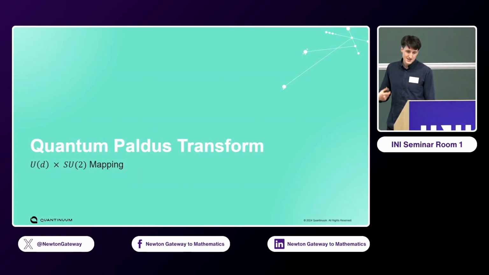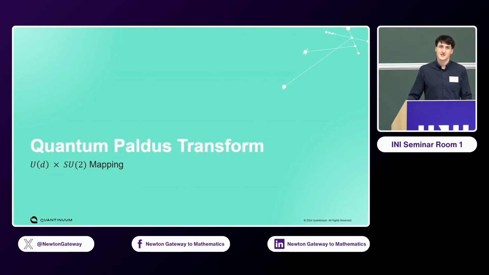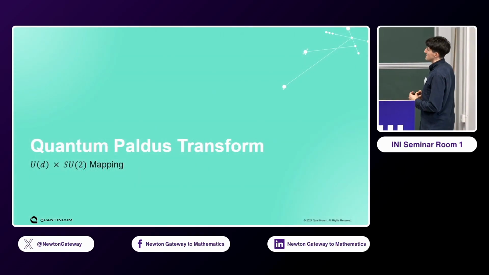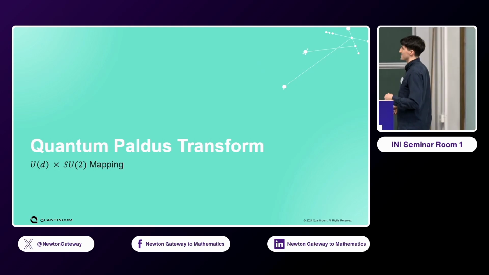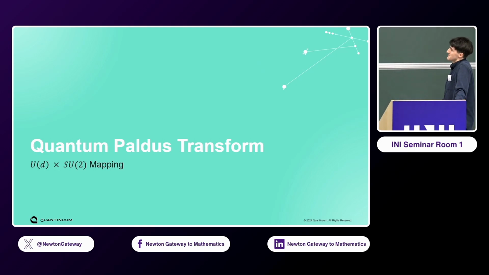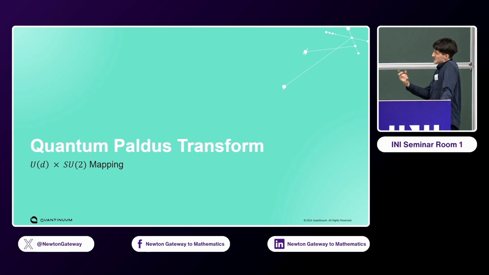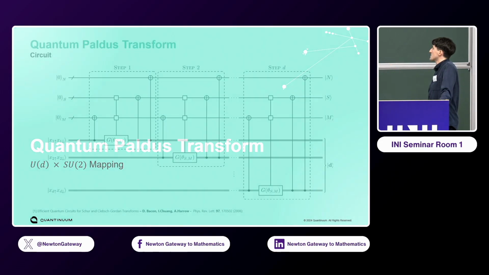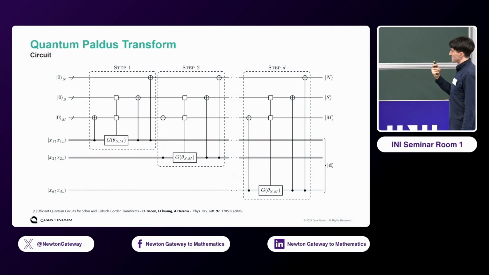Okay, so we now obviously built this construction. How do we build a quantum algorithm for that? And we call this the quantum Paldus transform, which takes an occupation number fermionic wave function and takes it into the spin-adapted U(D) cross SU(2) wave function. So we base this construction